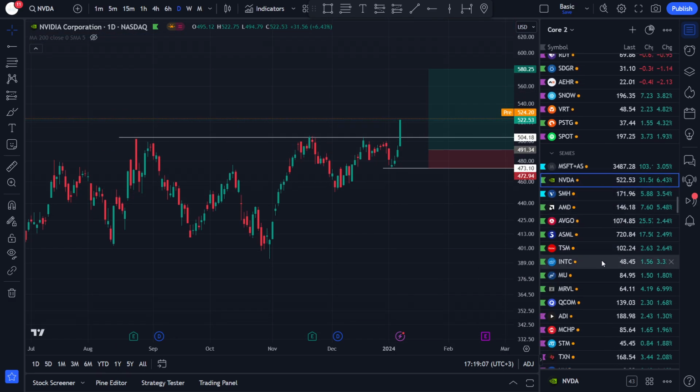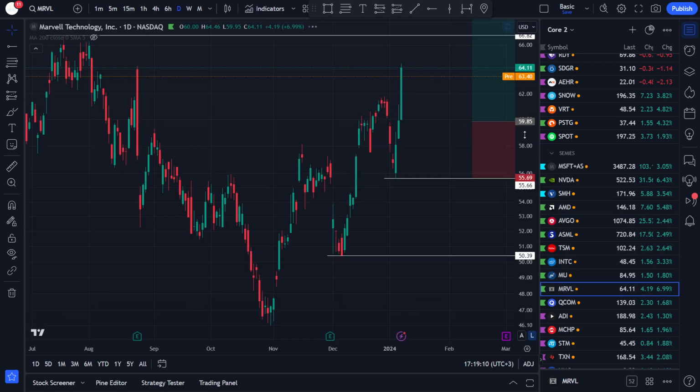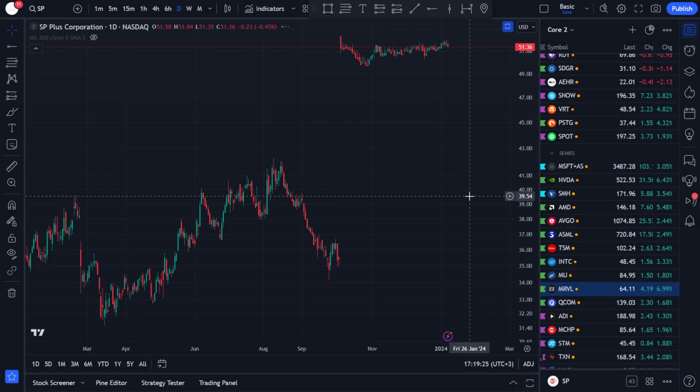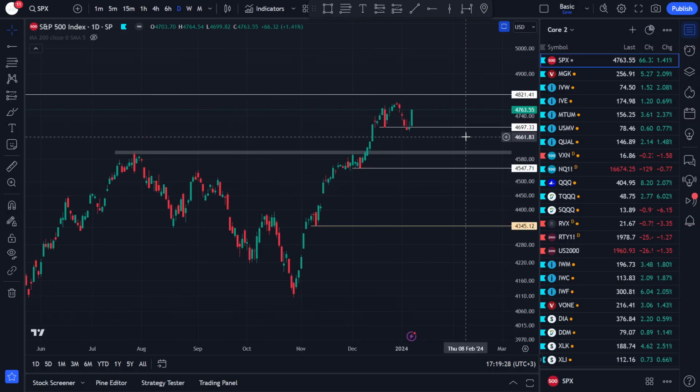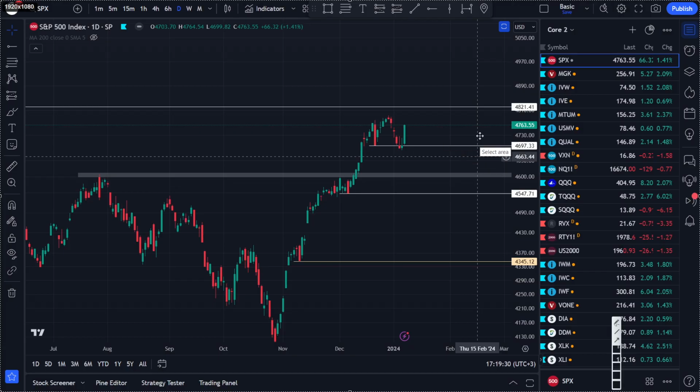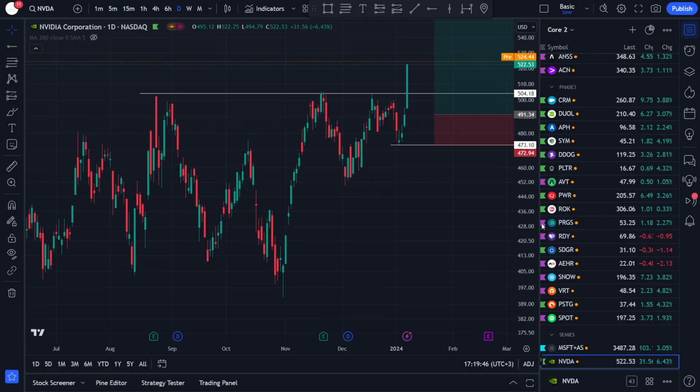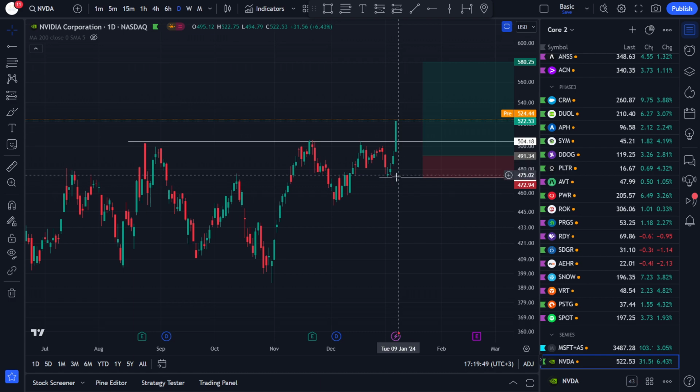Unbelievable. NVIDIA, AMD, and Marvell. These are the names that we are holding, and as you can see, these are the names that are breaking out into the cyclical highs and even breaking their all-time highs. And even if what I'm pointing out currently is not a continuation of this move, but rather a consolidation right here and a move lower from here, even lower down to 4,600, what we should see on NVIDIA and everything else is more or less consolidation once again